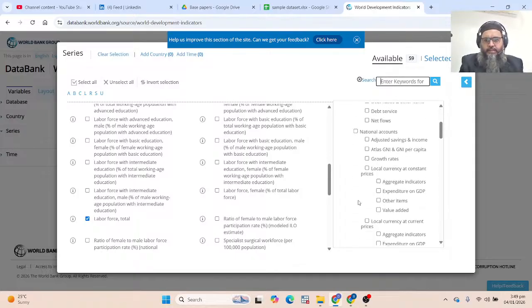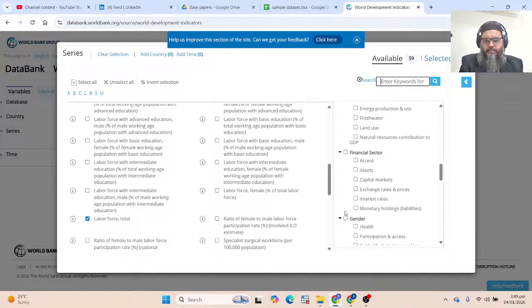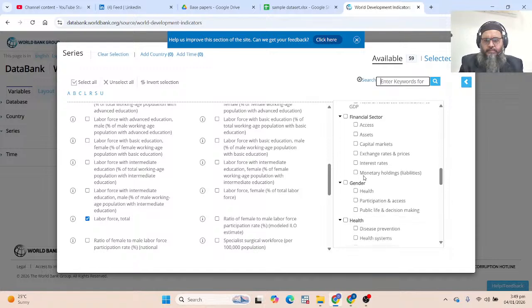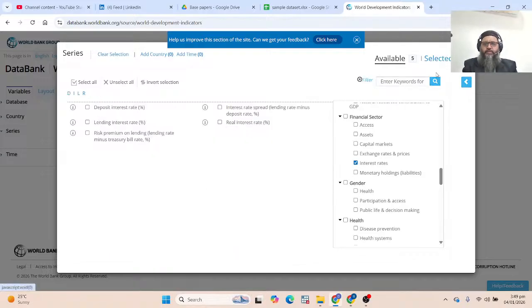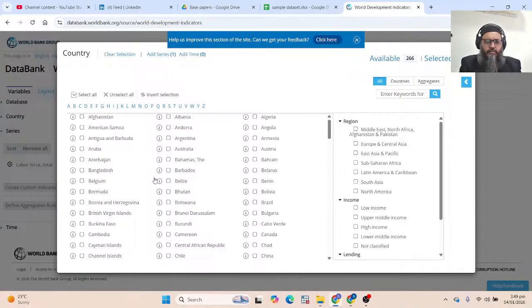And the other is interest rate. These are the two variables which I've selected. Countries: now you can select as many countries as you want.